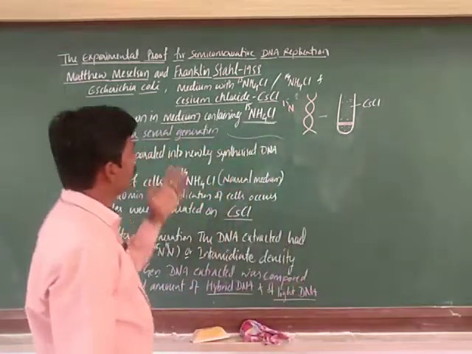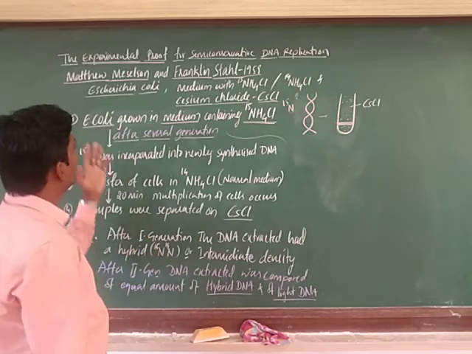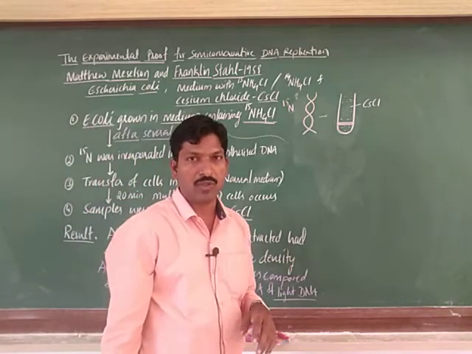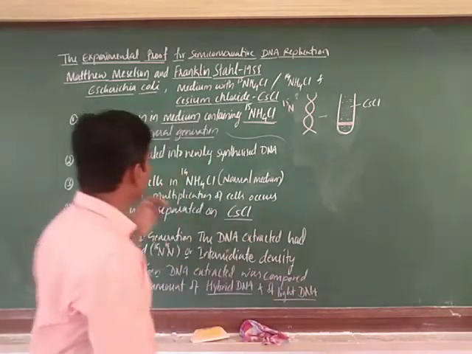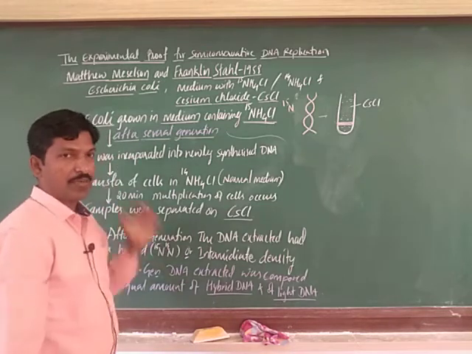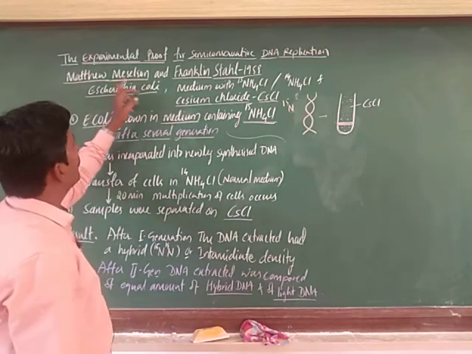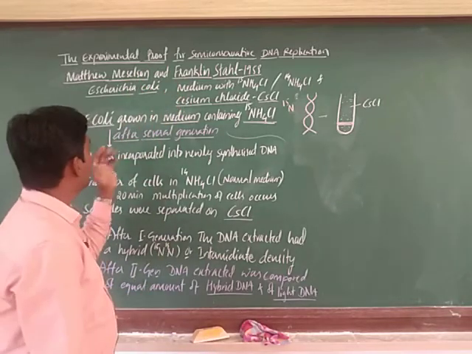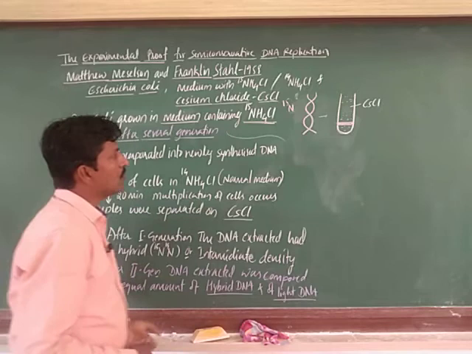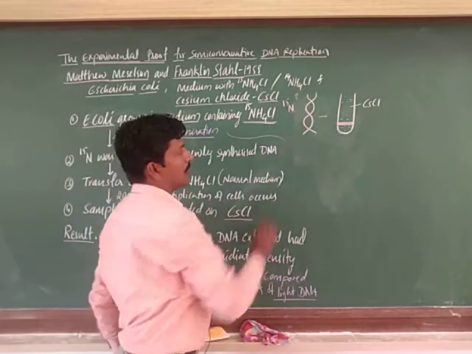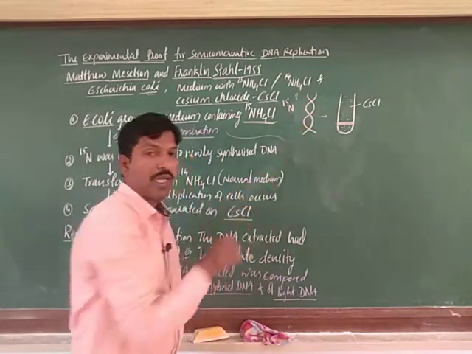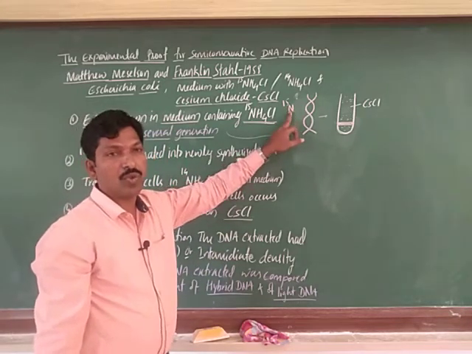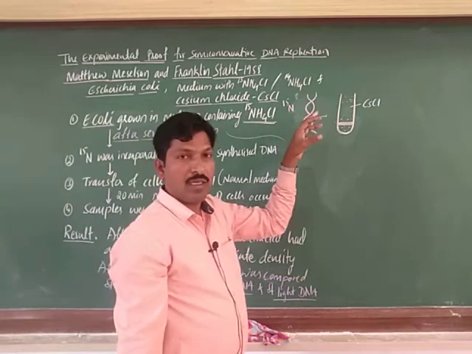So, in this way these bacteria are used here, and they are even human friendly, right. They are not disease causing. So, that is why E. coli is commonly used for many experiments. Even Matthew Meselson and Franklin Stahl also used the same bacteria, that is E. coli. So, this E. coli is now centrifuged. After that, the DNA developed in the E. coli is the DNA containing the heavy isotope, hence when they centrifuge this one,